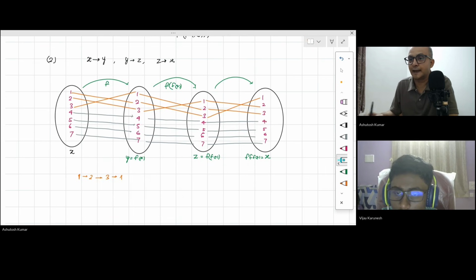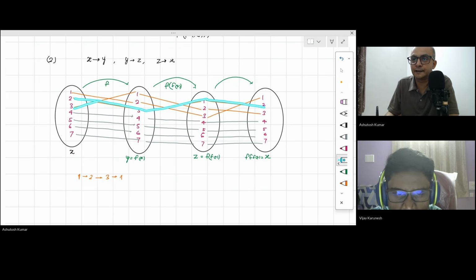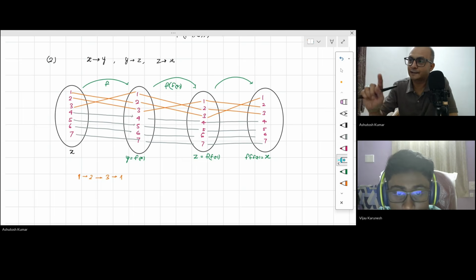Now try to just track this thing. This 1 is going with this branch, like this, and again it returned to 1, correct or not? Yes, sir. It means you substituted 1 in the first stage, you are getting the 1 back. Similarly, 2 is taking this branch and it is connected to 2 again. And again 3 is going in this branch and connected to 3 back. Understood? Yes, sir. So in this case, there is one cycle, what we call one cycle of 3 elements,